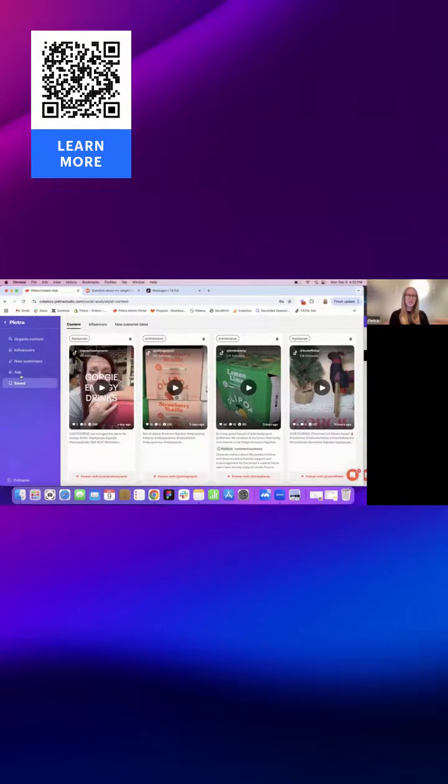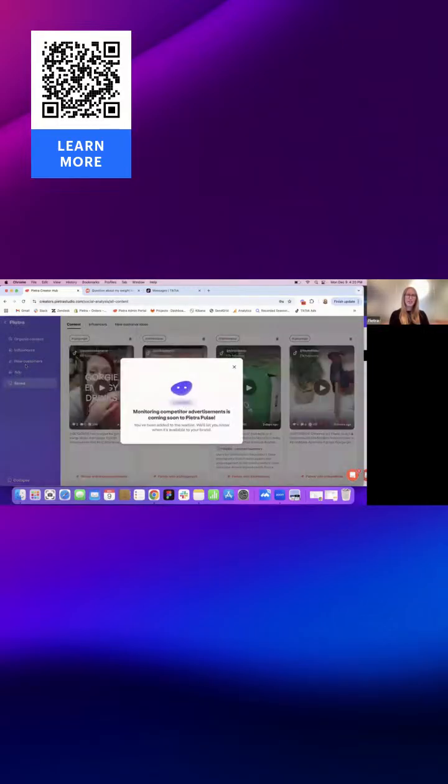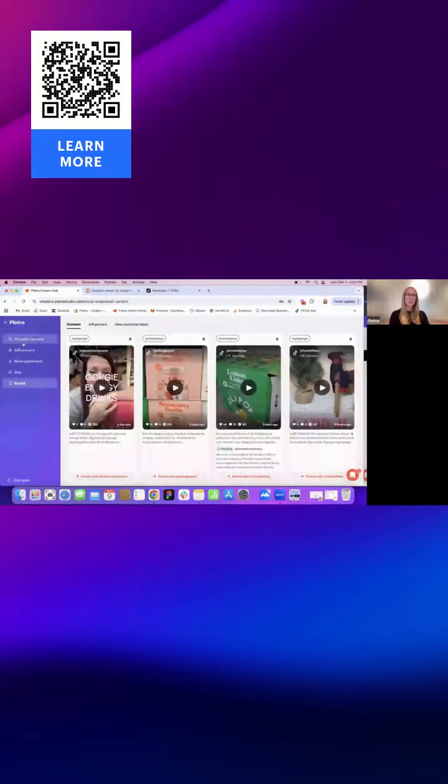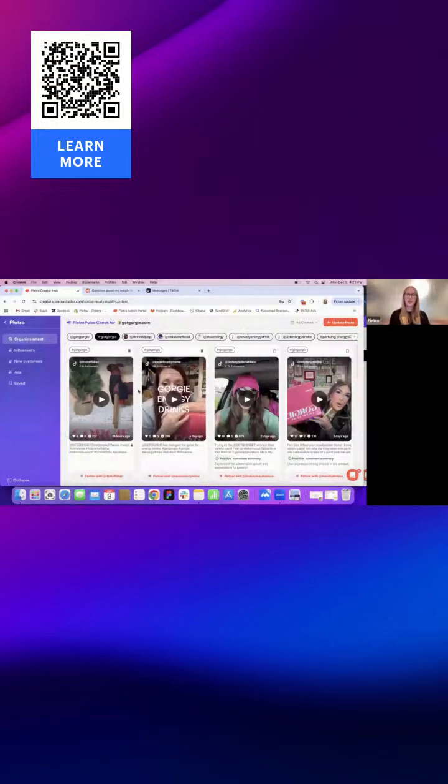One more important thing here is ads. So you'll see ads in the left-hand nav. This feature is coming soon. So I want to highlight it so that you're all aware, and that when we do launch it, you'll be notified and you can come back to start using it. But like we are monitoring organic TikTok content on the organic content page, ads is going to feature ads that